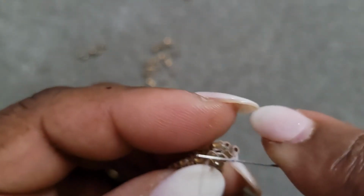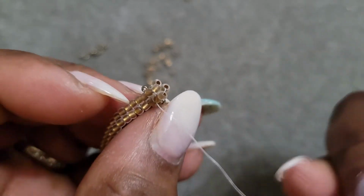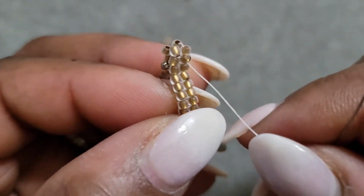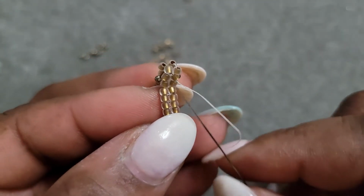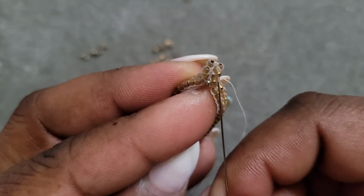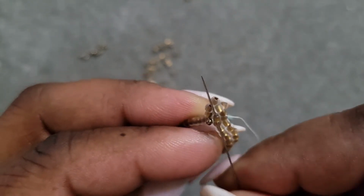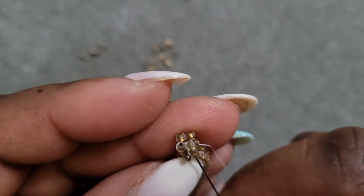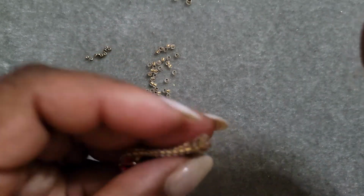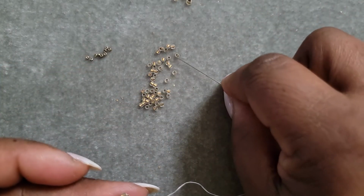And just arrange them because they are not sitting properly. All right, now I'm turning my work again, and I'm going to reposition. I need to pass my needle up into these 2 and pull the thread. And when I get here now, I'm going to string on 2 11-0s